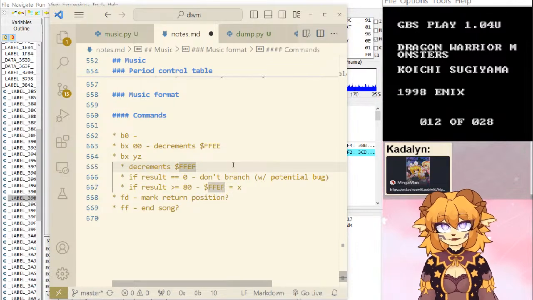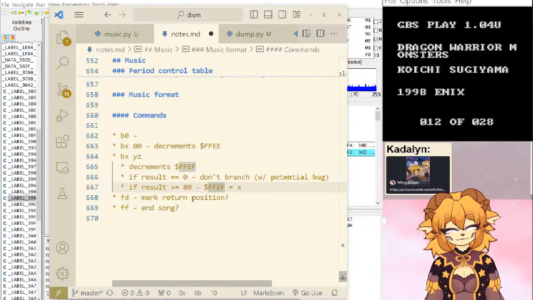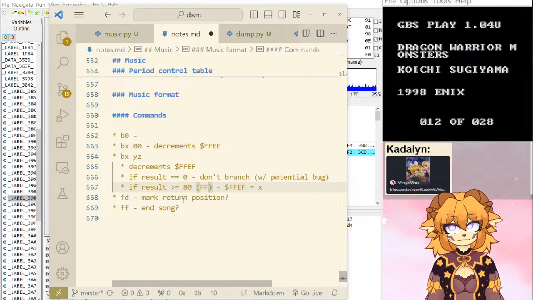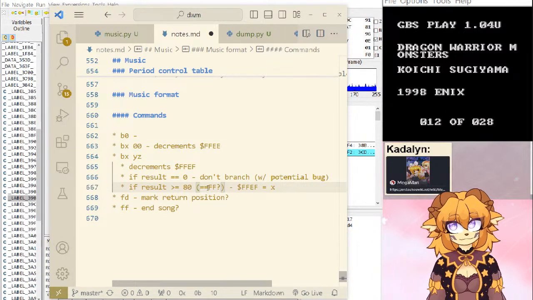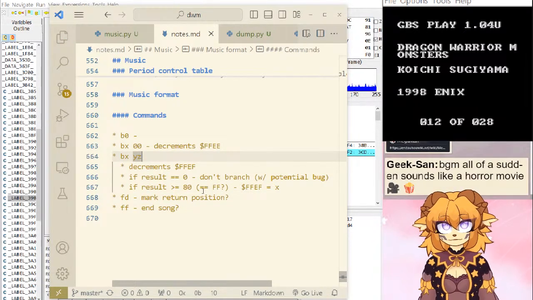So then it decremented it and looped around to FF. So we're gonna put that. I'm pretty sure that's when that happens.